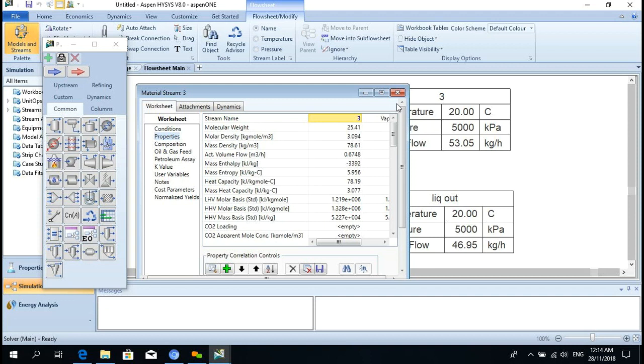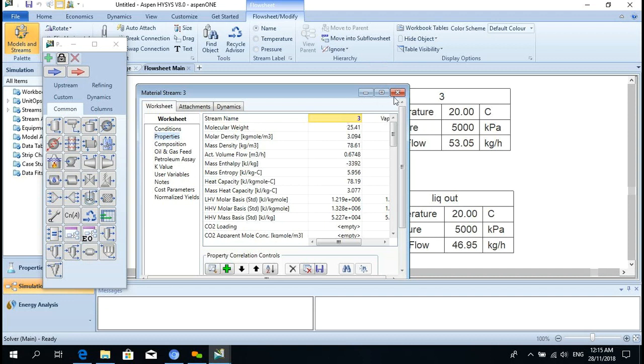You know the stream properties, means stream conditions, composition, and mass flow rate. If the mass flow rate is given, then put the mass flow rate which is given. So it will give you the exact value of how much is gas, how much is liquid. So this is the way we start simulation. This is HYSYS, right?